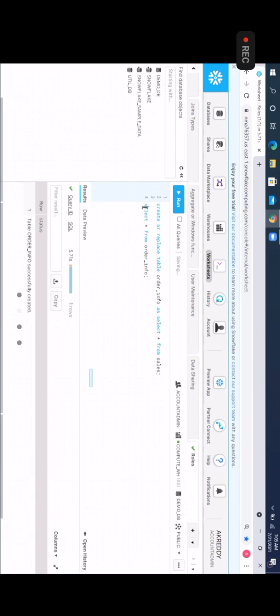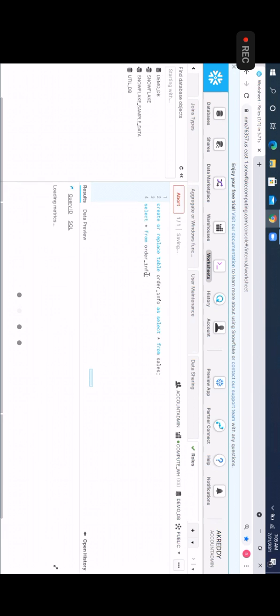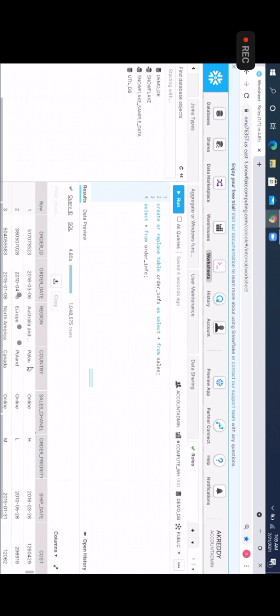So this table has data. So order related information details are in this table. Okay. So now the requirement is